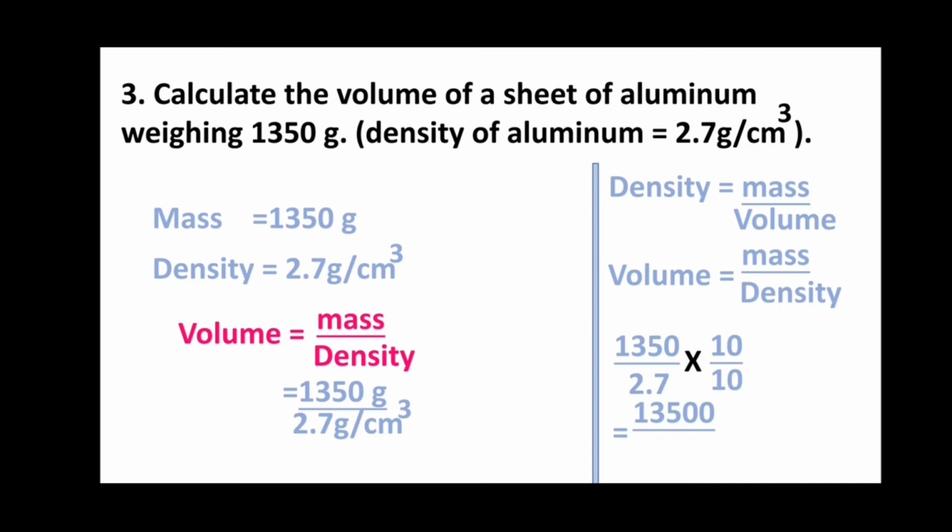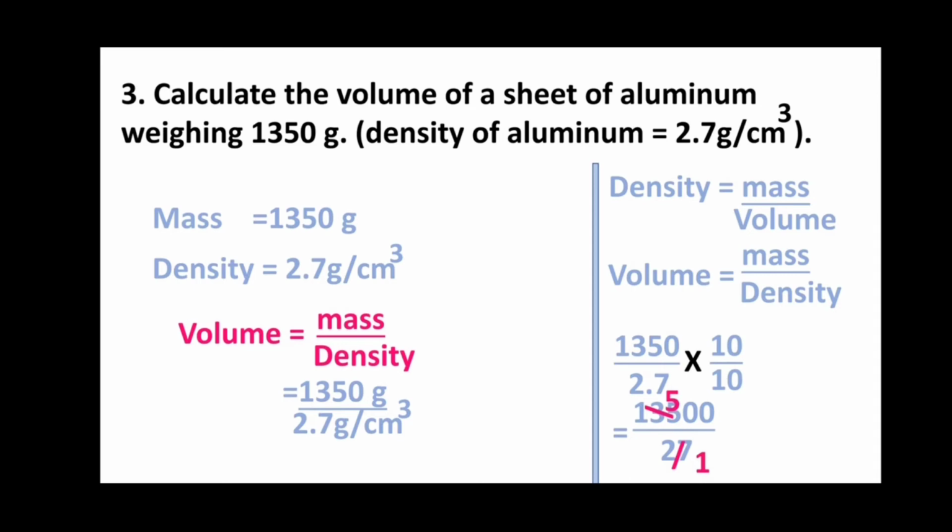13,500. We have added 1 0 along with the numerator. And in the denominator what happened? This decimal point will be moving because we have multiplied with 10. So 2.7 into 10 will become what? 27. Then we know that 27 into 5, that means 27 5s are 135. So 27 5s are 135.